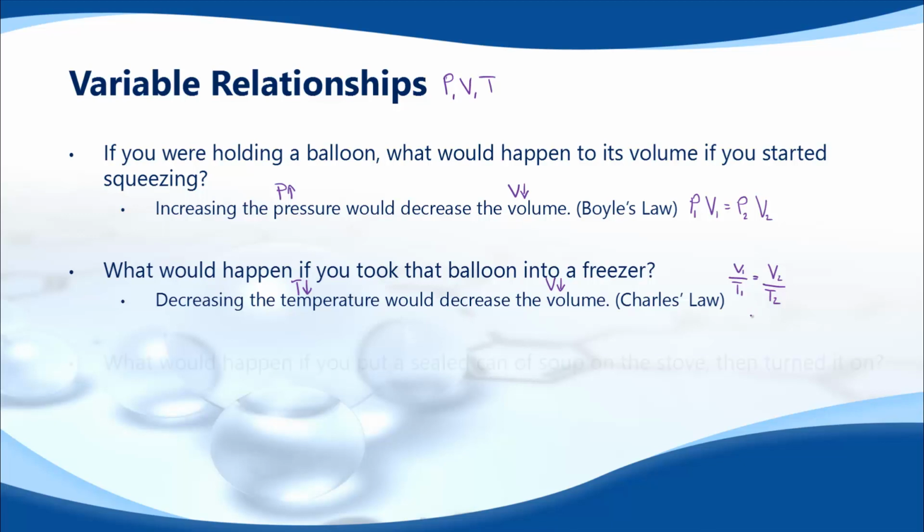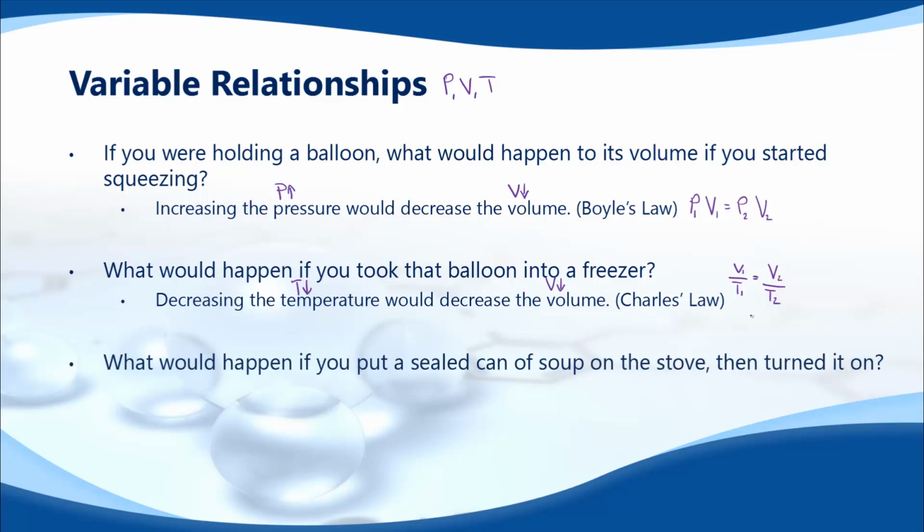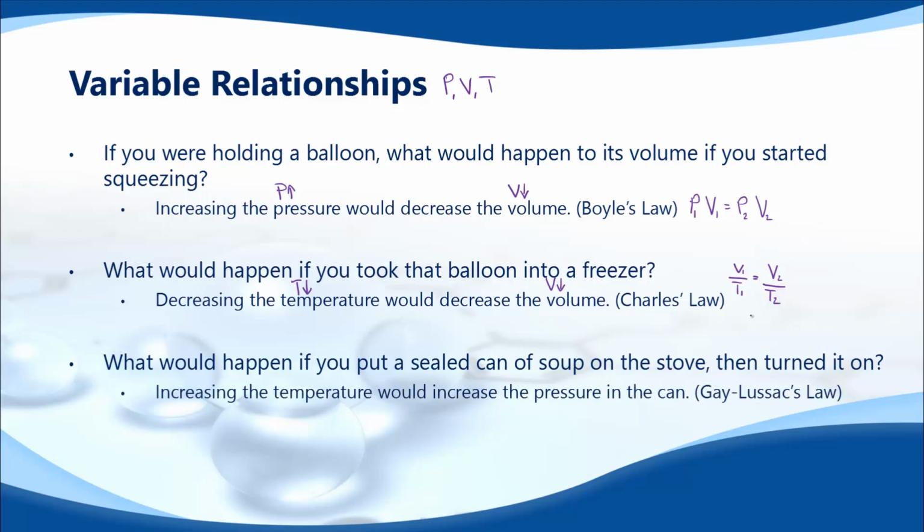Our third law is a little bit different. So let's say that we have something that's constant volume. So we have a sealed can. Let's just say soup or something, right? If you put it on the stove while it's still sealed, and then you turn the oven on, what's going to happen? Well, I don't think it takes a genius to figure out that what will happen is the can